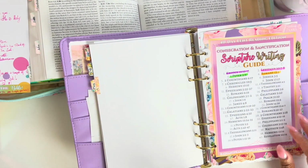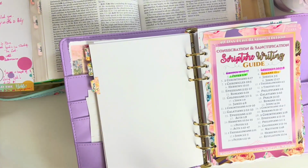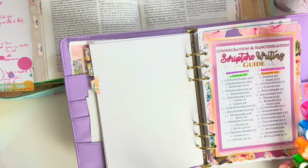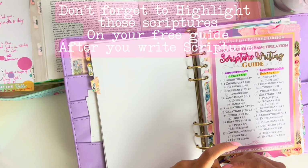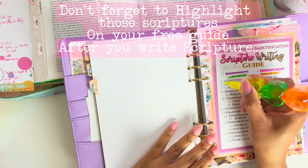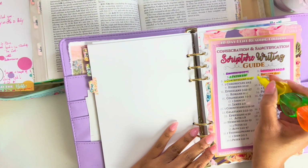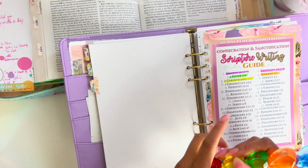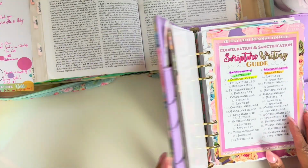So I just want to remind you and encourage you. You have it within you, the Holy Spirit. If you have that gift, you have all that it takes to live that holy, set apart, called out life for Him. And that's His promise for you, His people. And as you do that, don't forget to highlight your scripture as you continue to build this habit and you go through this journey. And I do want to encourage you. Being set apart is not isolating yourself, but it's being devoted to Christ, being holy as He is holy, and encouraging others to be the same